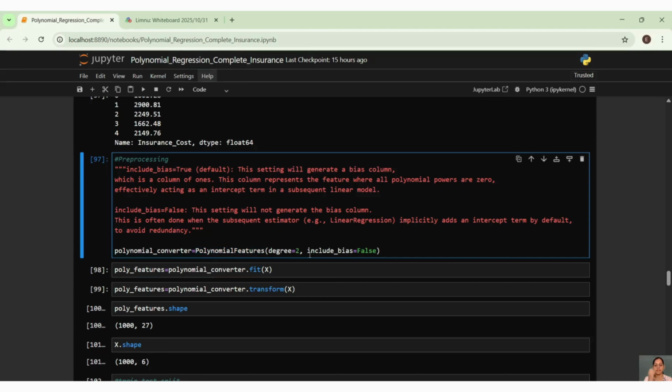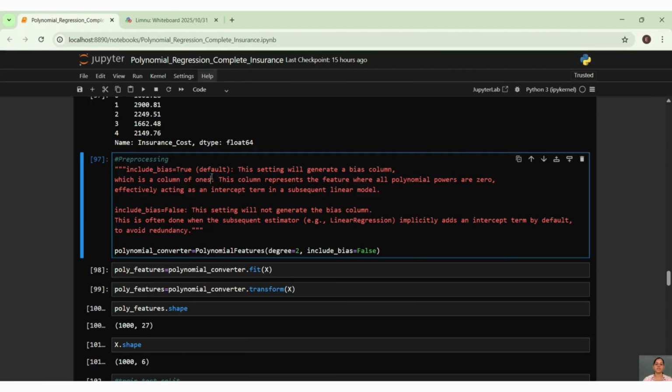Here I have defined my degree as 2, because I can see that it's not so complex data, however, it has some complexity. It's not too complex. So I can take degree 2, and there is one factor called include bias. And what is include bias? I have given a definition for that.